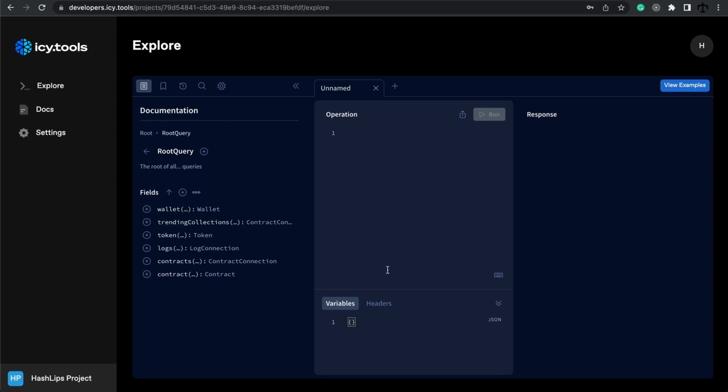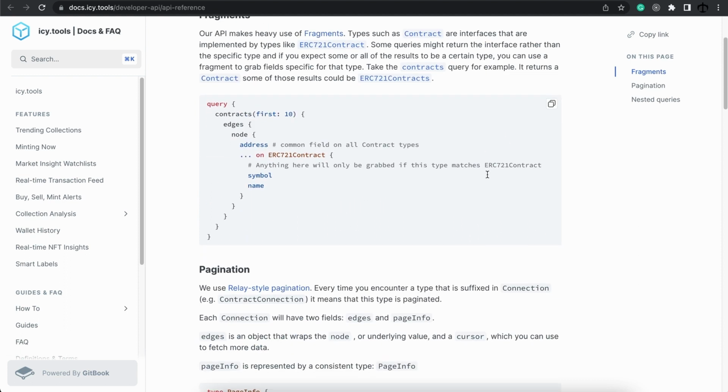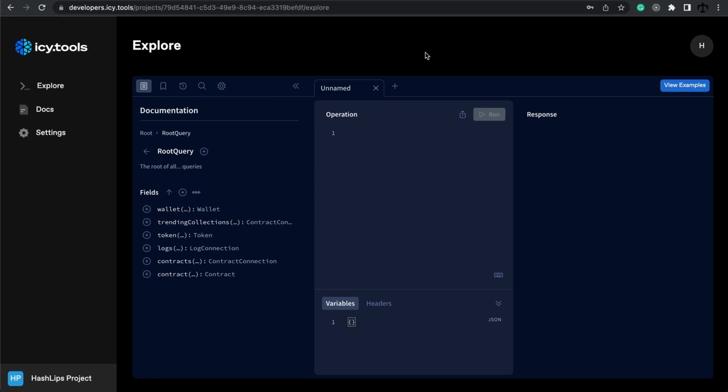Here we get an interface where we can build out our GraphQL queries. Queries are simple instruction objects that we send to the backend to tell it how we want the data to be sent back to us. Now these queries can get quite complex, so therefore this documentation page, if we click on it, is very useful. Please feel free to read through this. But I will cover the basic queries so that you have a rough understanding of how you can play around